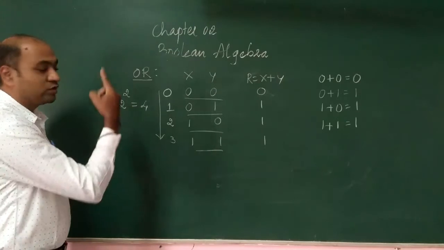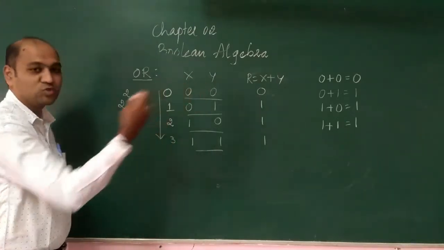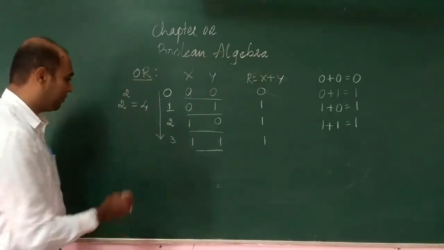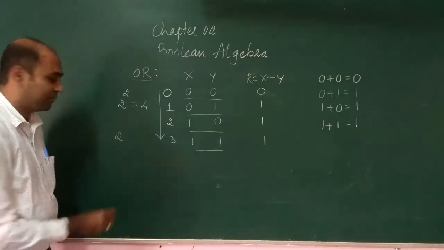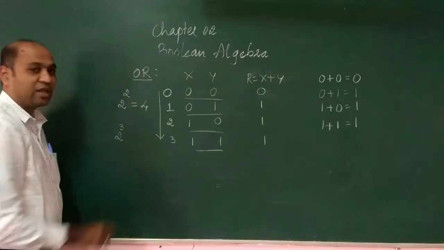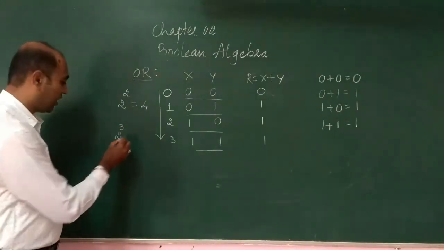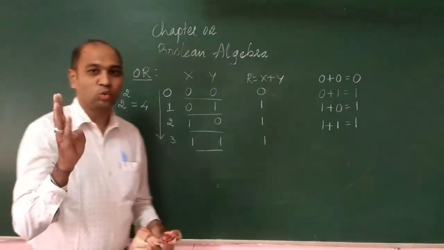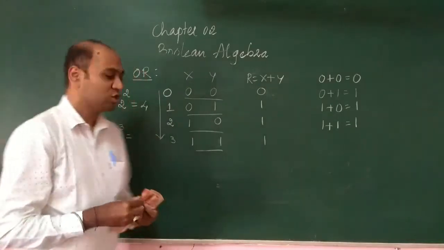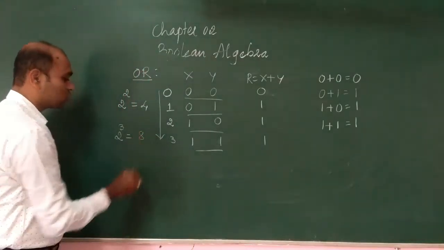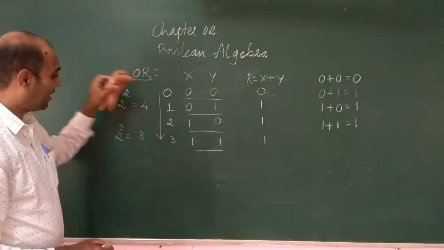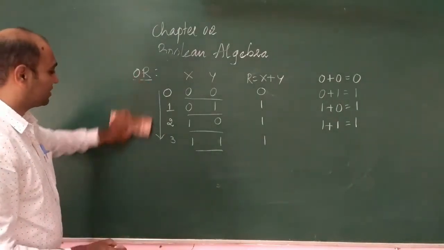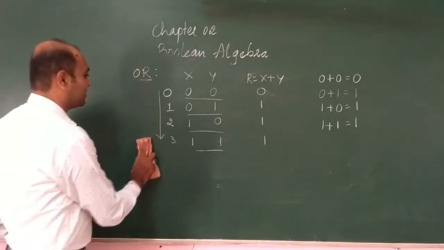Yes. In case of 3 variables, how many rows are we going to get in a table? Of course, we know there are 2 binary numbers, and how many variables do we have? 3 variables, that is 2 to the power 3. So 2 to the power 3 means 2, 4, 8. So a total of 8 rows will come, correct? So this is how you are going to write and draw the table. Yes. Let us write the same